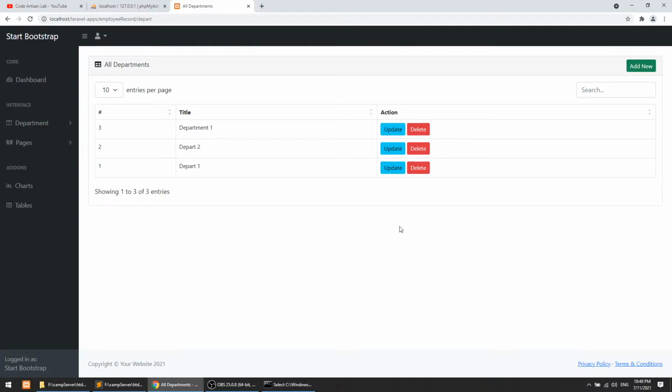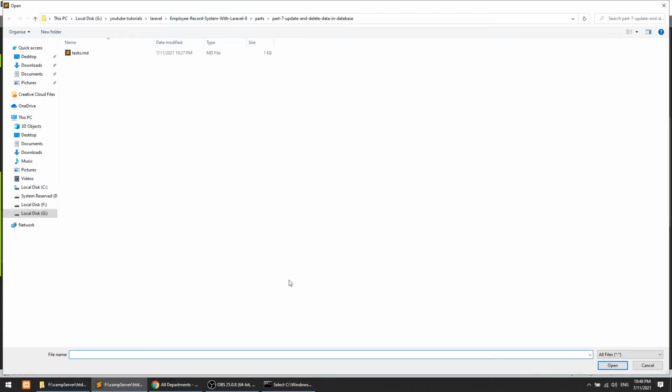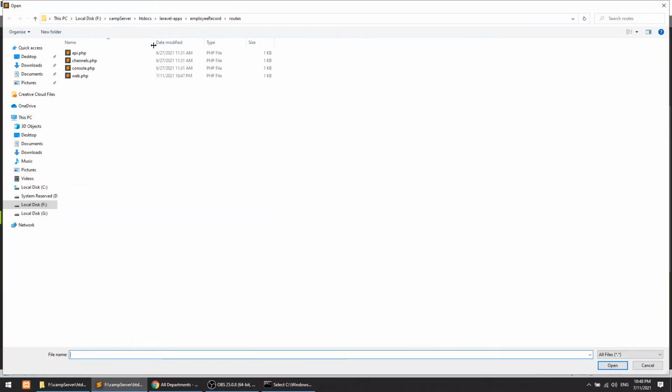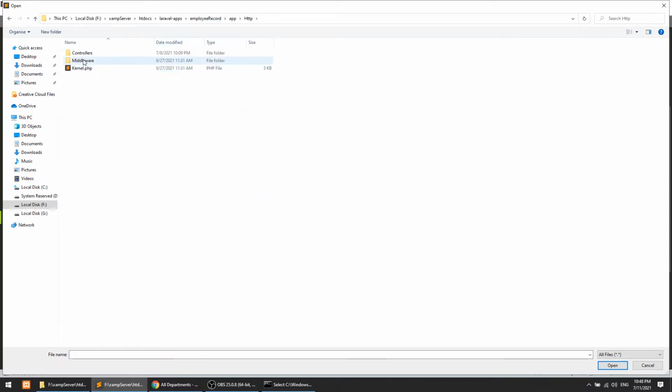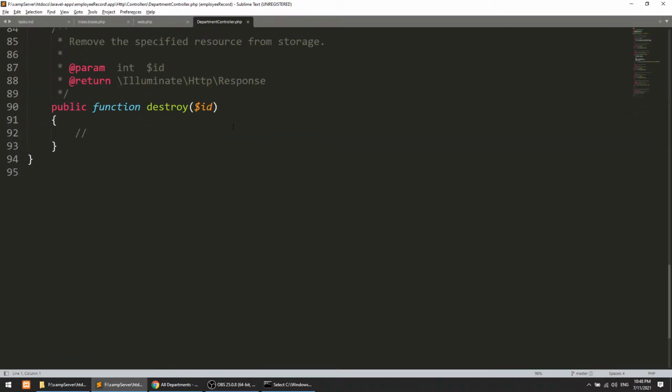Now let's perform this delete functionality first, then we will perform the update functionality, because delete functionality is easy and we can perform it quickly. So here I will open the app http controller and department controller.